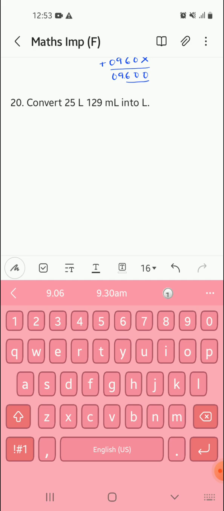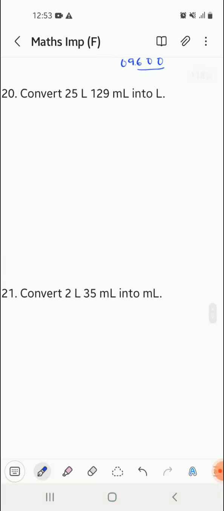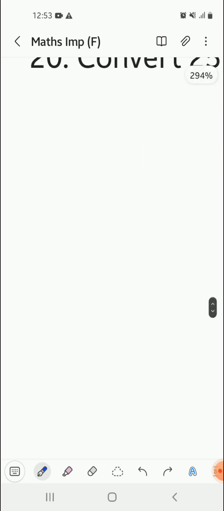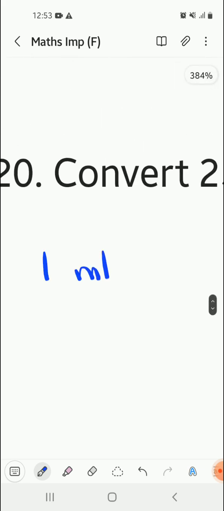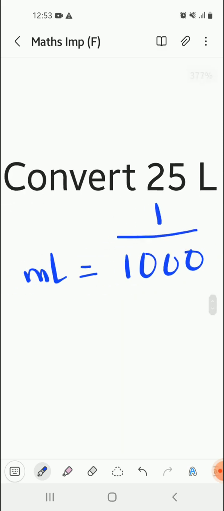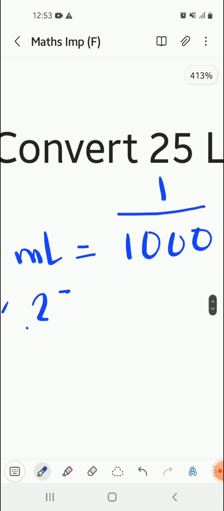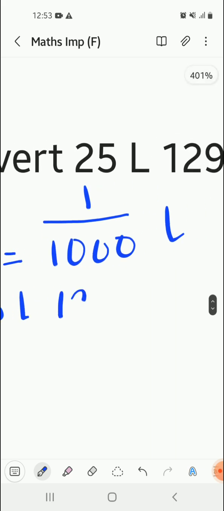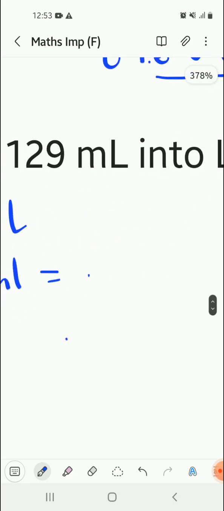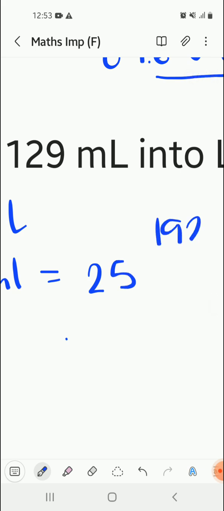Very simple. See, one part of the question is already given in liter, the rest of the part we need to convert. So that is why we know that 1 ml is equal to 1 by 1000 liter. So therefore 25 liter 129 ml will be equal to 25 as the whole number and 129 by 1000,